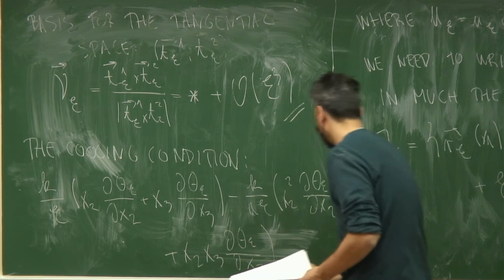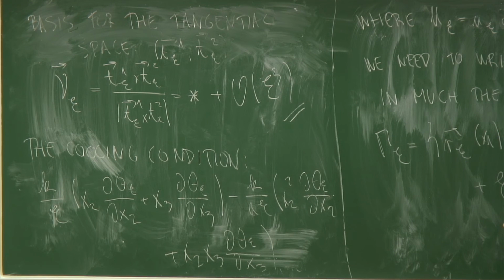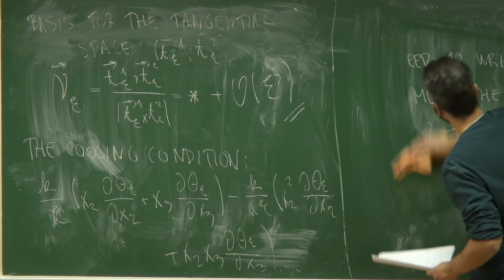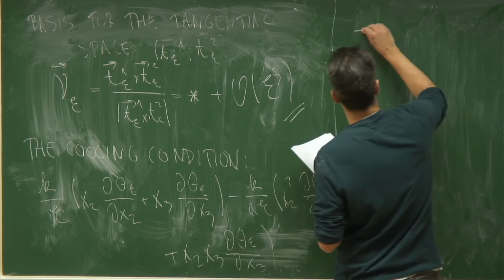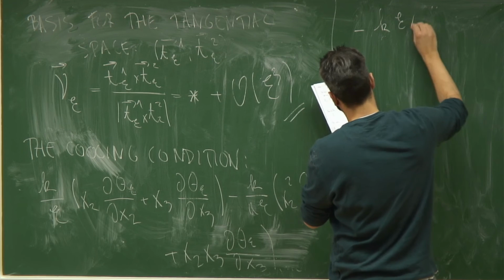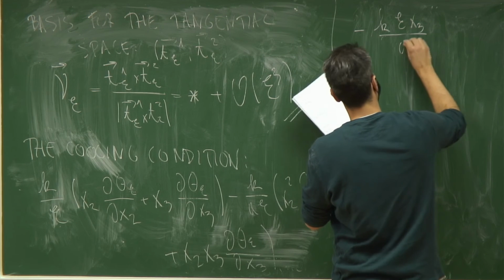Okay, as you can notice, there are again quite a bit of new terms that appear. But it's not too complex, but you need to be careful when you're writing down this condition. Okay, minus K epsilon x3 over A squared,